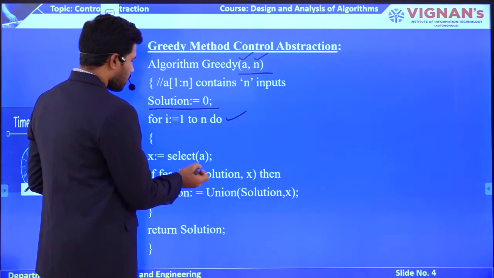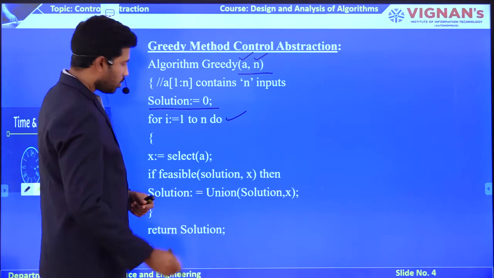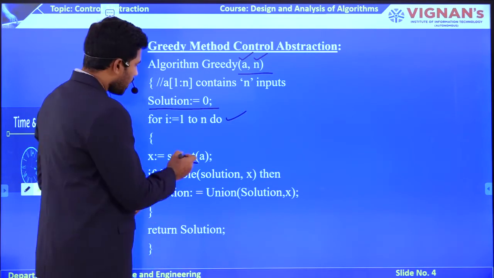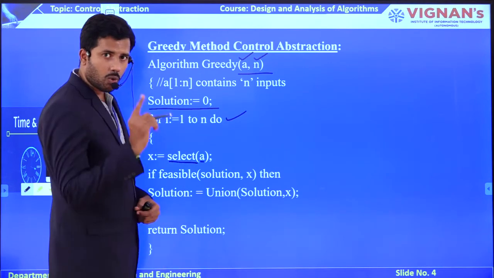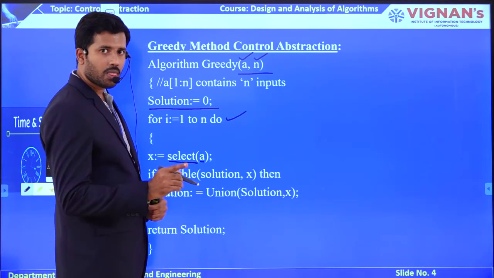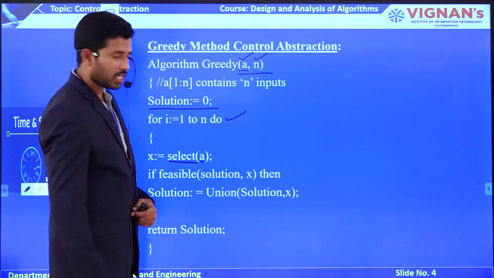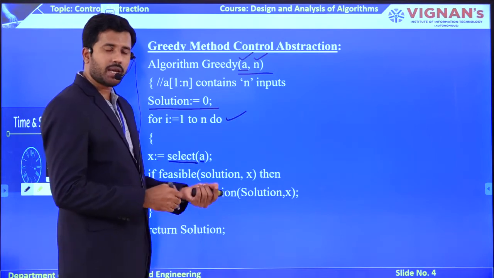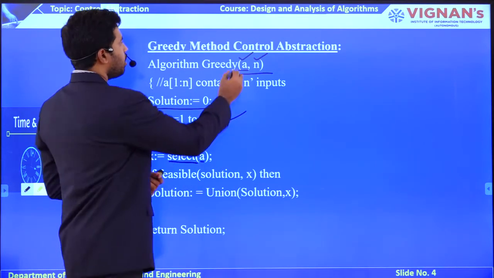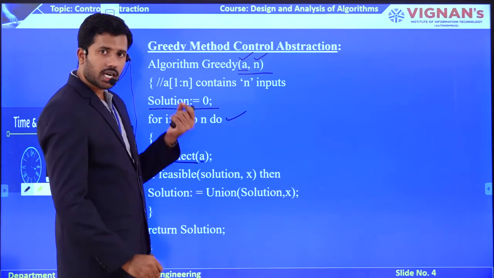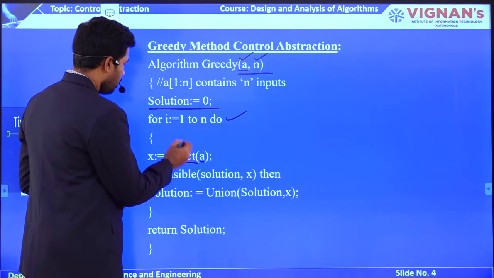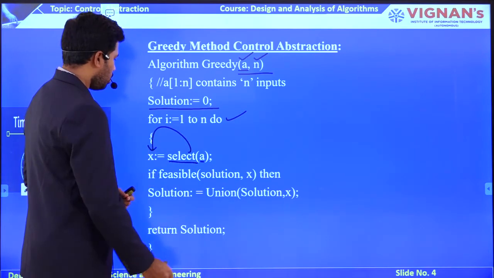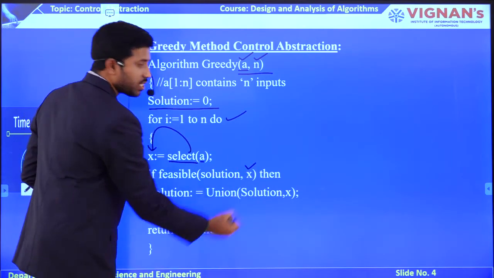Okay. Now you try to read these notations from right to left. So I am going to have a selection procedure with the help of the select method. This selection method takes only one possibility at a time which is available in the array. So that's why it is written as select of A. Select of A means at a time I am selecting only one possibility from my array which is named as A. That current selected possibility will be assigned to X. Now my X contains the current possibility.